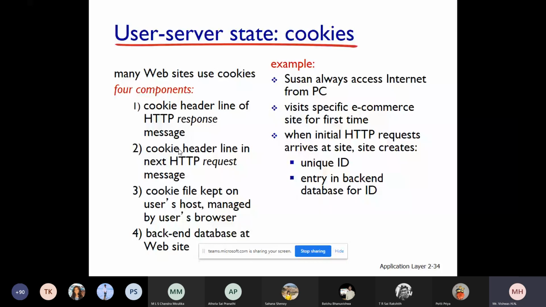Can anyone tell me? So HTTP is basically a stateless protocol. So when we browse between pages, we need to store little information. So to solve this problem, we use cookies, especially in authentication.